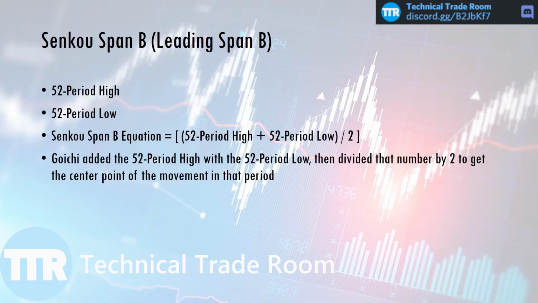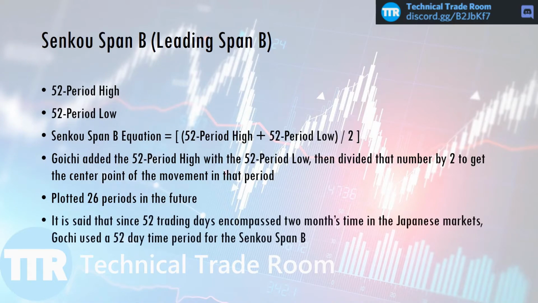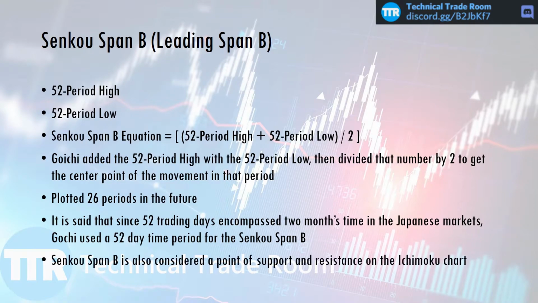Goichi added the high and the low from the 52 periods and divided it by 2, just like all the other components, to find the middle point of the equity's movement in that 52-period time frame. Just like the Senko Span A, this is also plotted 26 periods into the future. It is said that since 52 trading days equated to 2 months worth of trading, and 52 weeks equals a year's worth of time, Goichi used the 52 period for the Senko Span B. Finally, just like Senko Span A, Senko Span B is considered a line of support and resistance on the Ichimoku